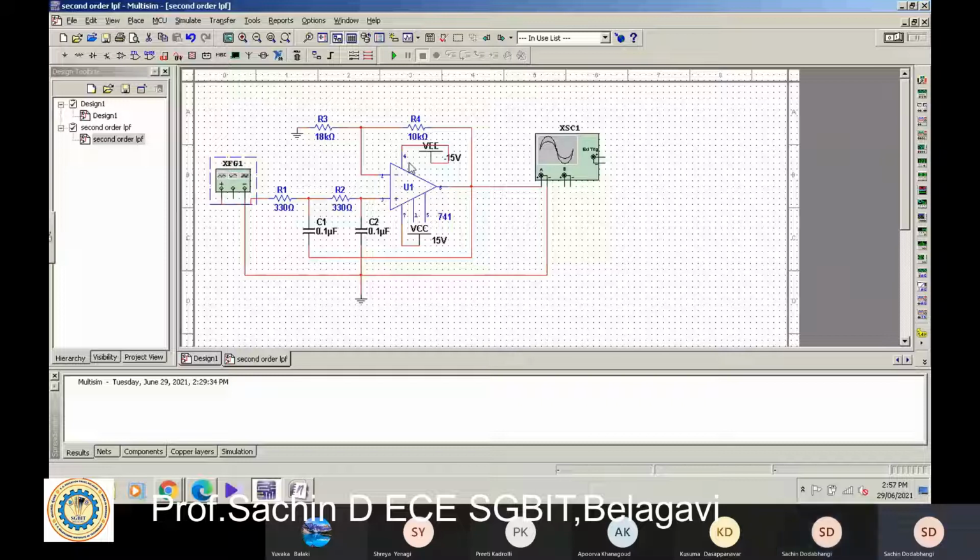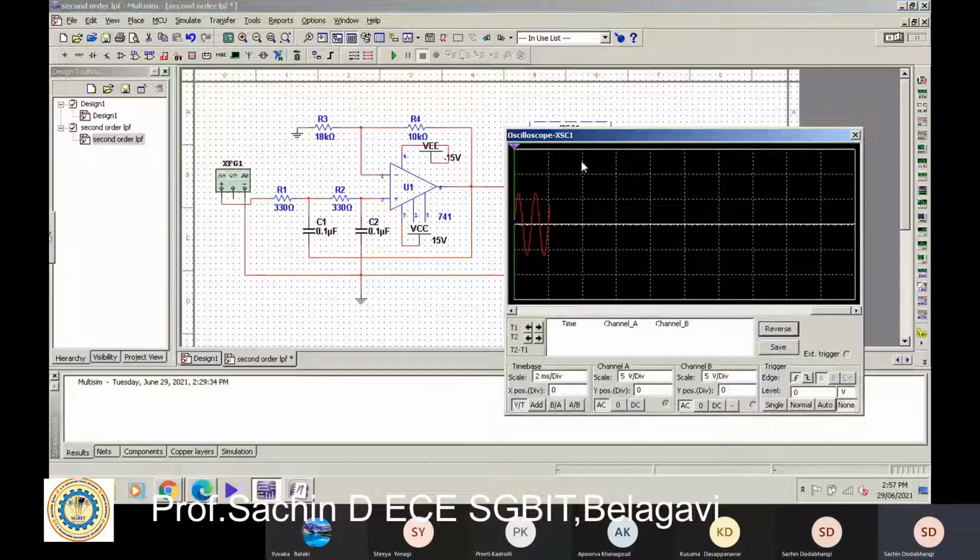Here you can consider this one as a non-inverting amplifier. If you zoom in, you can see a plus sign in this op amp, that is terminal number 3, the non-inverting terminal. I'm applying input to the non-inverting terminal, so it is a non-inverting amplifier. I'll double tap on this output. So you can see the output now. I will pause it.